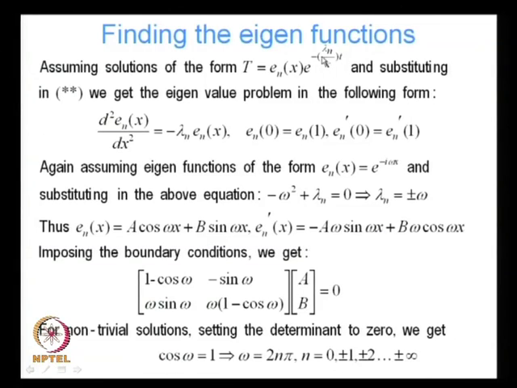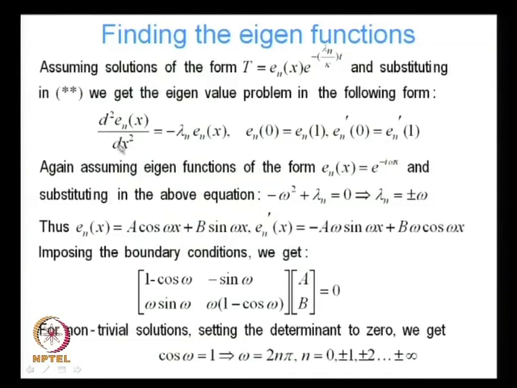Well, I do this substitution, right. I assume that T is of this form, where E_n is my eigenfunction and this is my time dependence. I assume my time dependence is of this nature. If I substitute that, I get this equation,